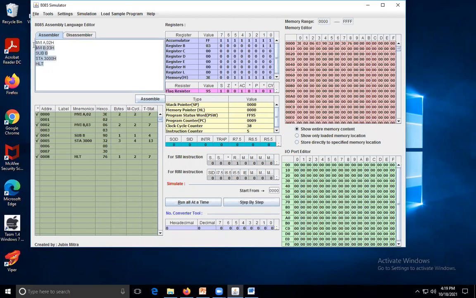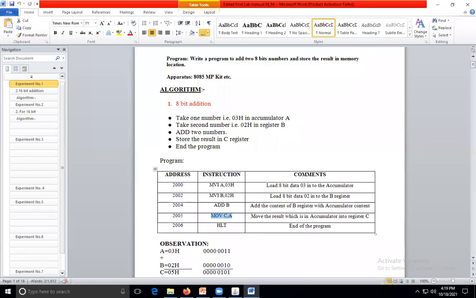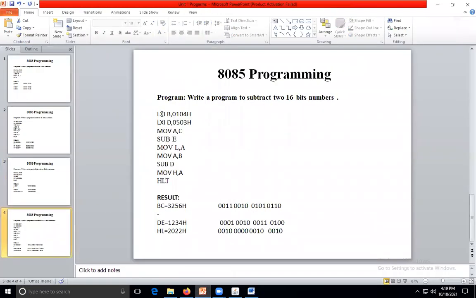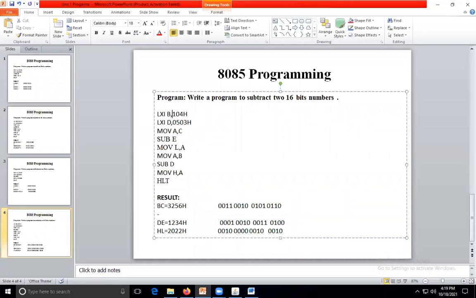So this is the last program we have discussed. Then the next program is the LXI. Here BC contains the value, I'm just taking 3256, and then D contains the value 1234.